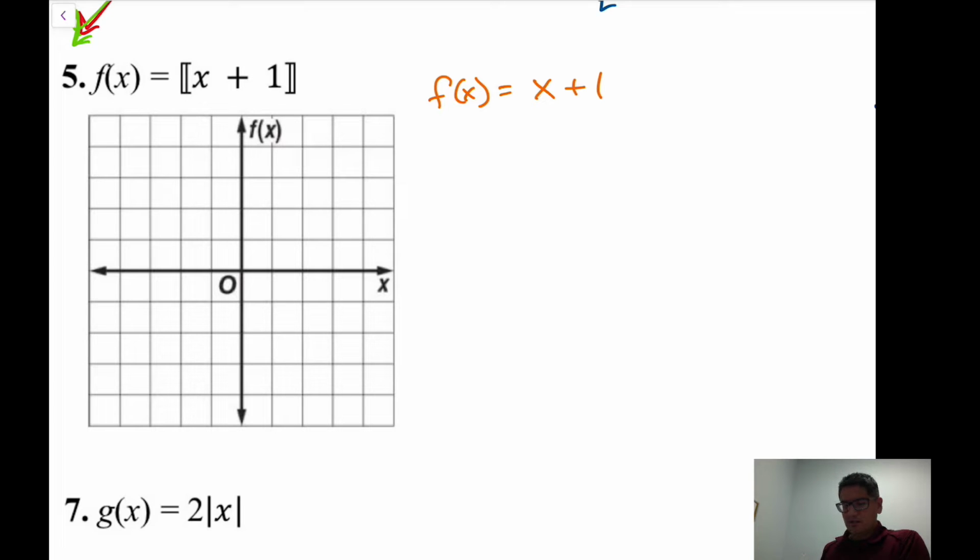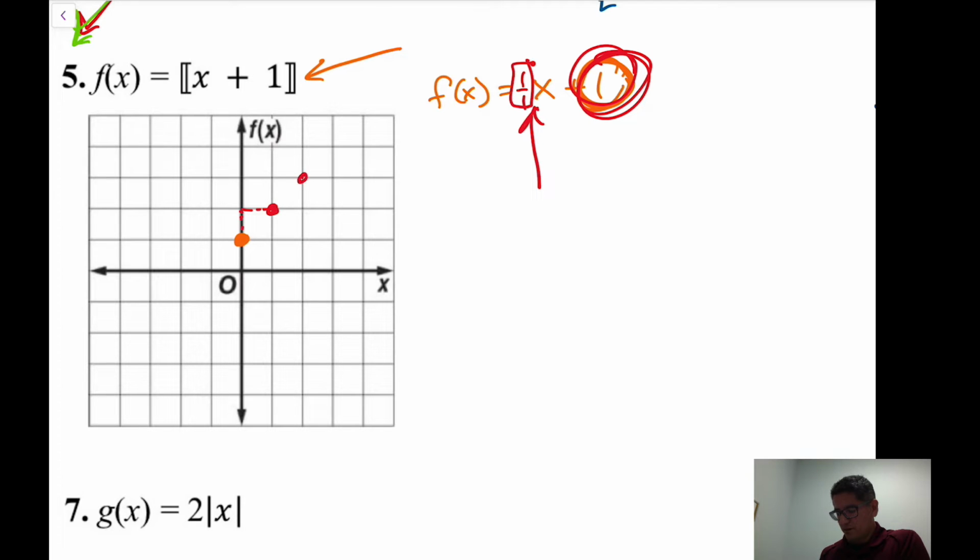Now keep in mind that this is a piecewise function, okay? And this is a special type of function, and it's not a linear line necessarily. So I'm going to start, my starting point here will be my y-intercept, at 1. Now, when I see these bars, I am not looking to make a solid line. I'm just looking to find specific points. My first specific point was my y-intercept, and my second will be found with my slope, which is 1 over 1, right? So up 1 over 1, that's my second point. And then my third point will be up 1 over 1, up 1 over 1, and up 1 over 1,